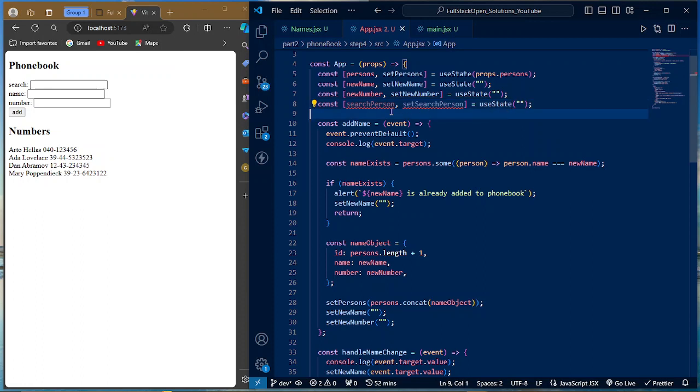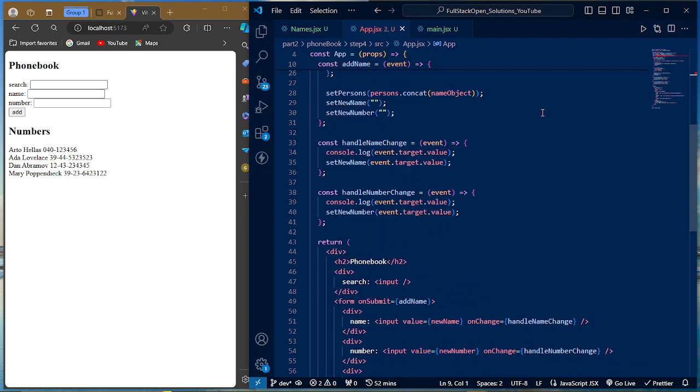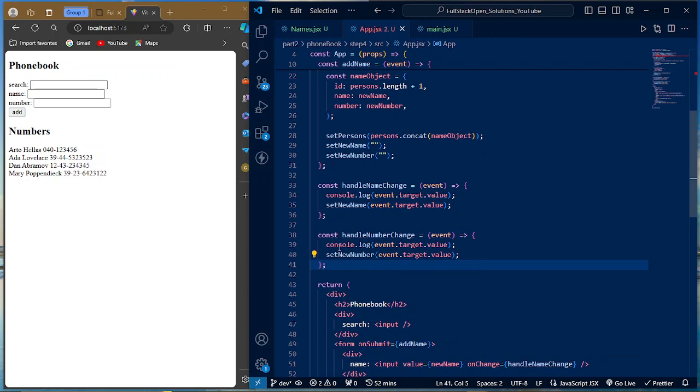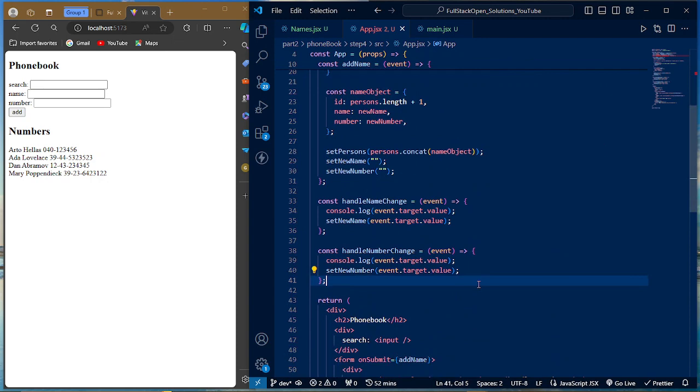Let's see what to do next. Let's try to work on this in such a way that we can type into this box and it's going to return filtered names, right? All right, so the next thing we want to do is we want to come down to this part here. I want to create a kind of function that is going to handle this search person, right? So we are going to be writing a function, and we are going to call that function